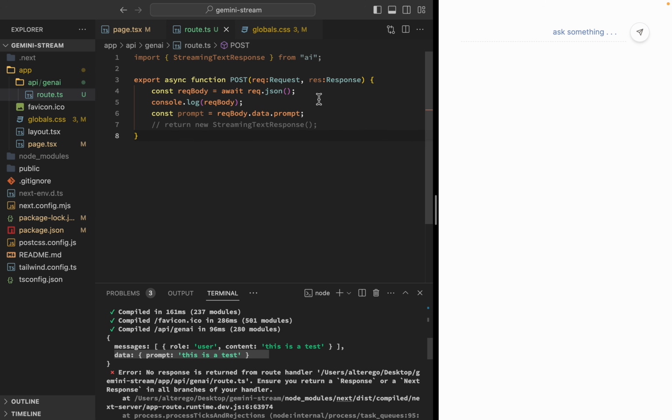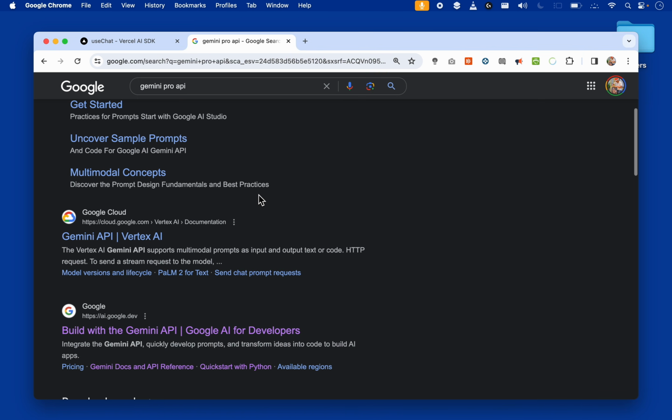In case you want to build a multi-turn chat use case, you can create a prompt out of the historical chat context that is present in the messages array, and you can send that prompt to trigger the Gemini API and get responses. So to trigger this Gemini Pro API, we'll have to first get an API token,